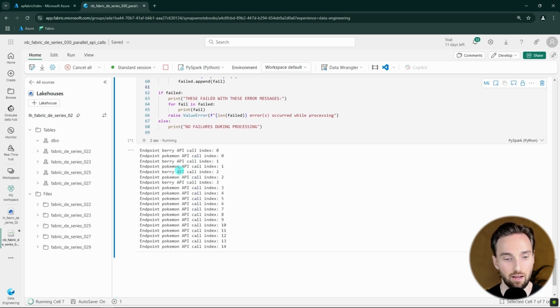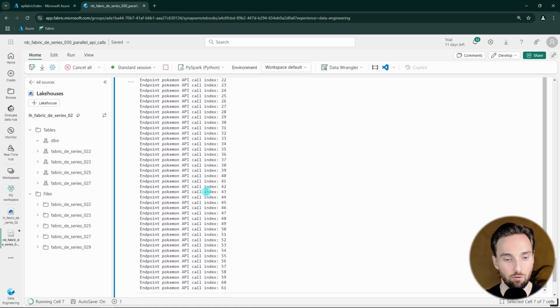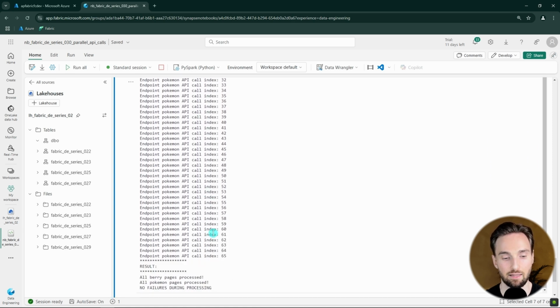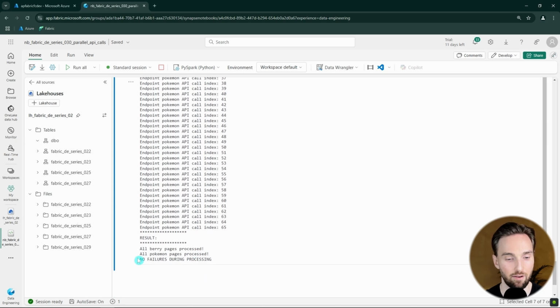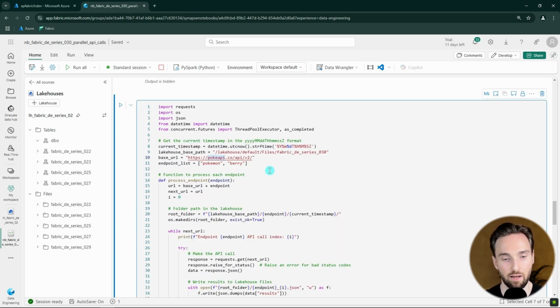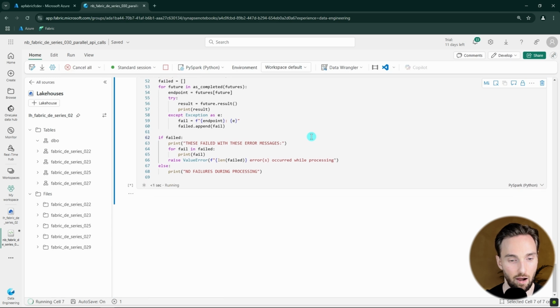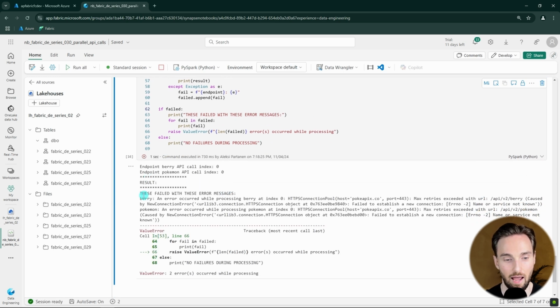And we can see that we are running those endpoints at the same time. And we can see that it's running really fast, and everything went fine and we didn't have any failures during processing. And we can see that all berry pages were processed and all Pokemon pages were processed. And for demo purposes, we can modify this code a bit to throw an error message. For example, add 1 extra letter to this API URL, and let's see what happens if we run this now. It should fail fast. And there we can see that we get an error message that we had some issues